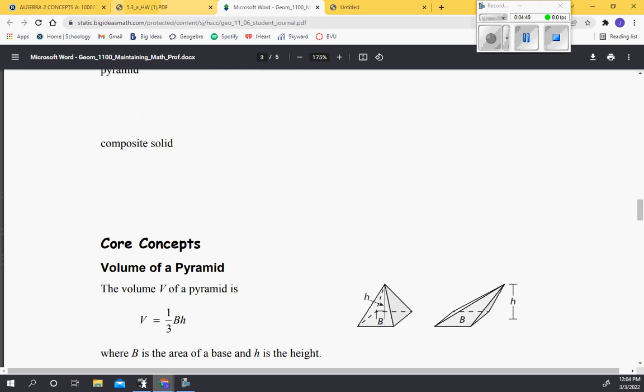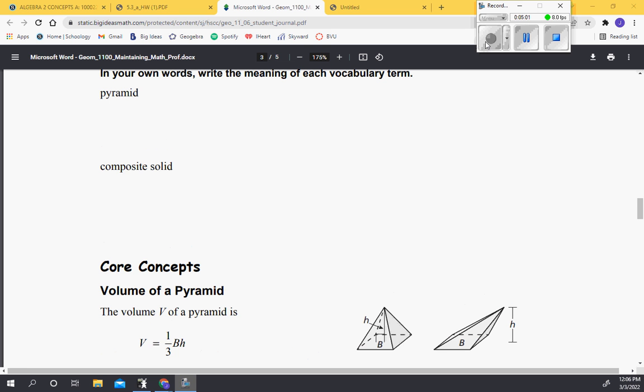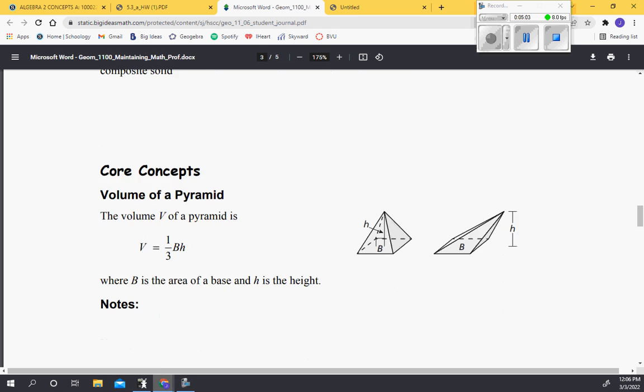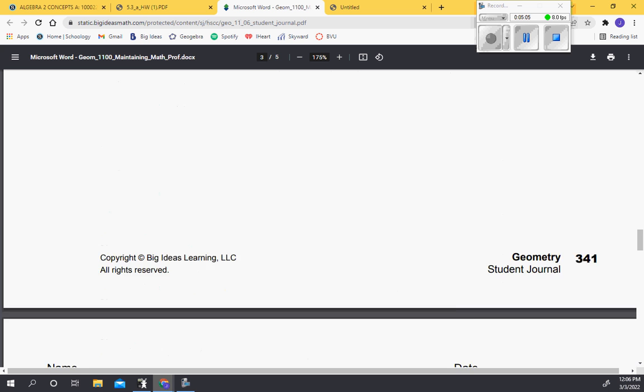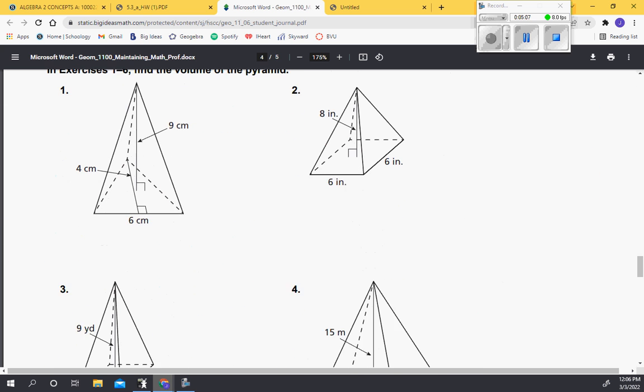Composite solid. Let's see here. We're going to skip composite solid. We know what a pyramid is. We've discussed it in the past. We're going to go down here to